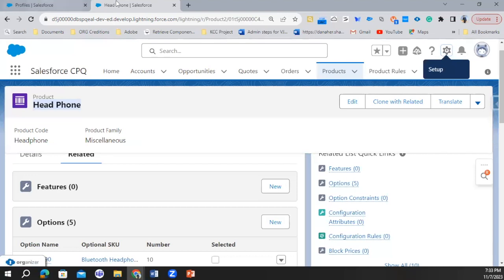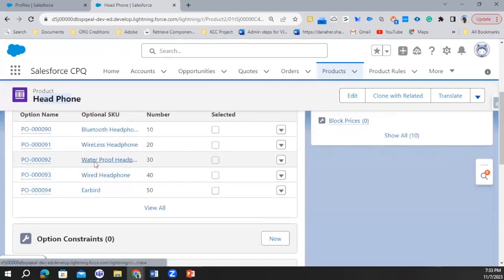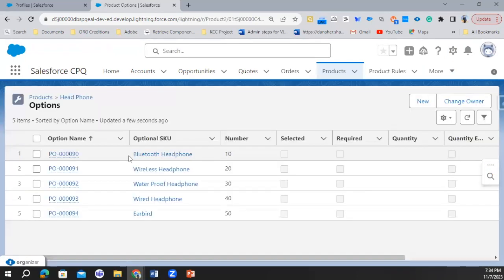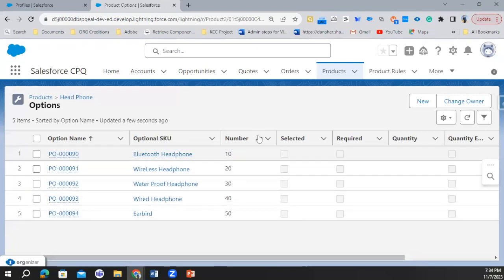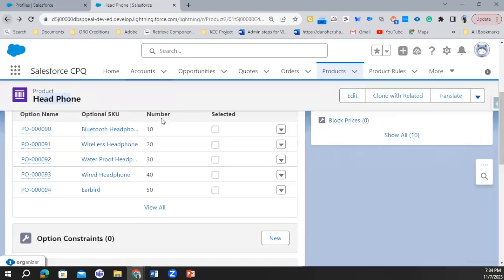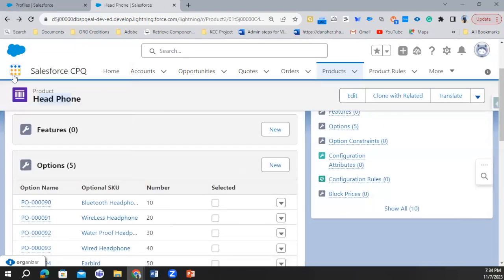So, creating a global attribute. Let's suppose I'm taking this product bundle, headphone. I already created this product bundle product, and for this product I created multiple product options like Bluetooth headphone, wireless headphone, waterproof headphone, wired headphone, earbuds. I created multiple products from here. Okay, for this one I go to the configuration attribute record,